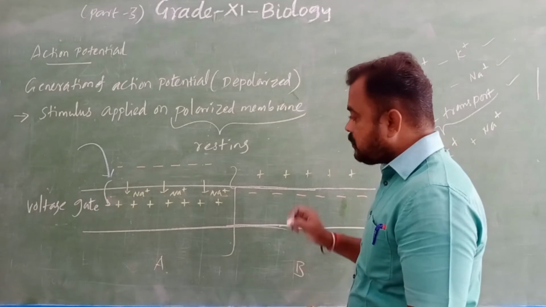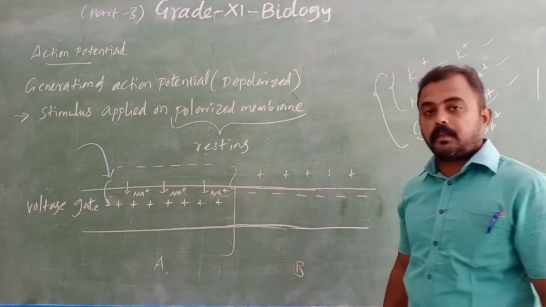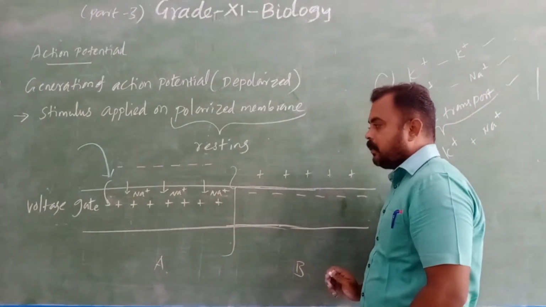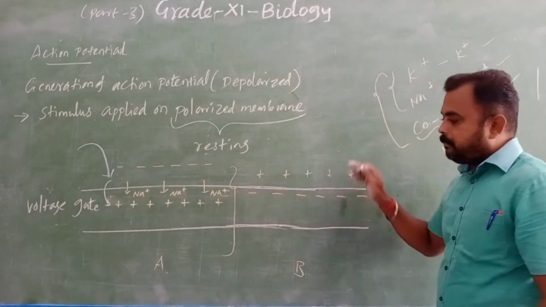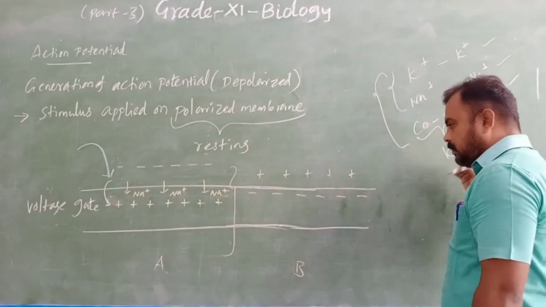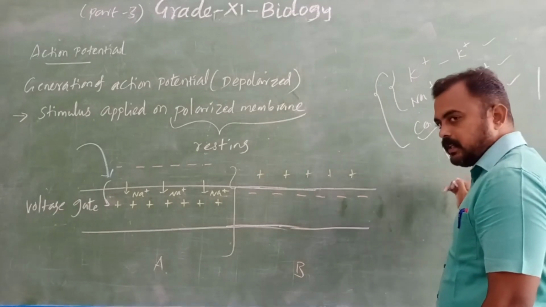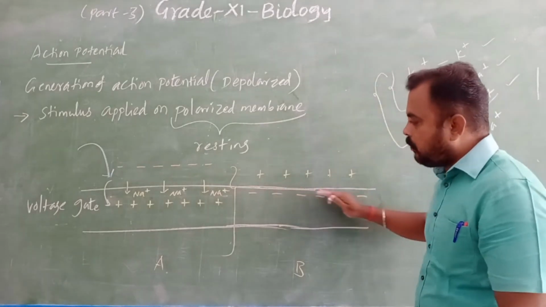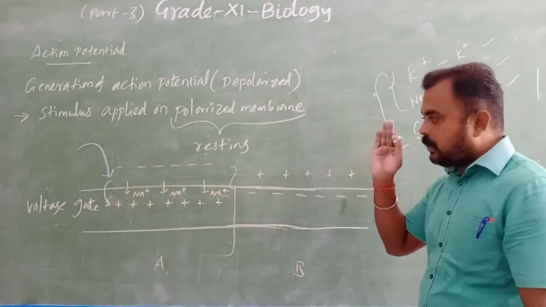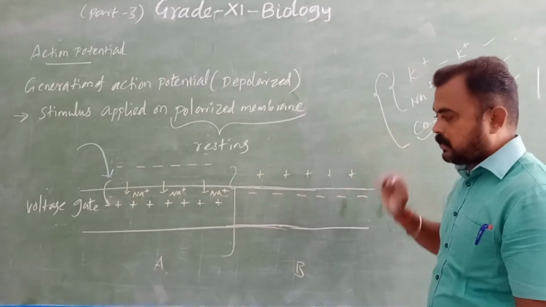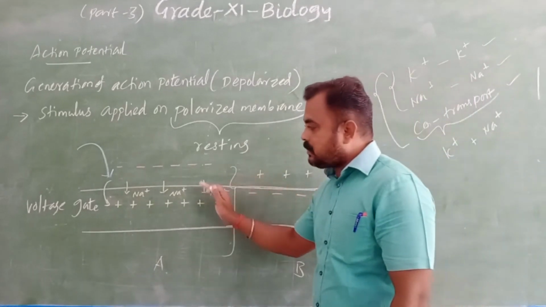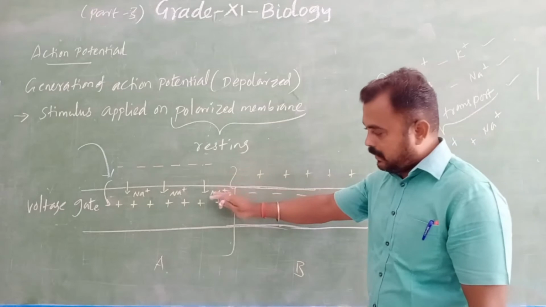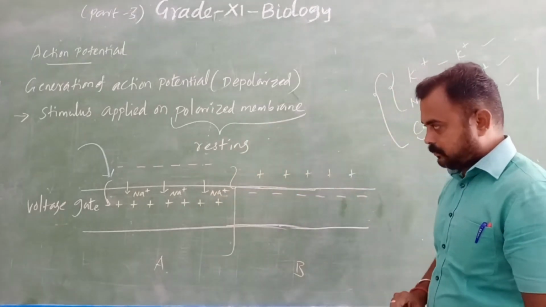Now the concentration gradient will be developed. You see, this is one neuron. In region A, region B, region C, region D, we have continuously like that. In all the regions in the resting membrane, we have inside what? Only the negative. Outside only the positive. But here a stimulus happens. Now depolarization happens. That means inside is positive, outside is negative.